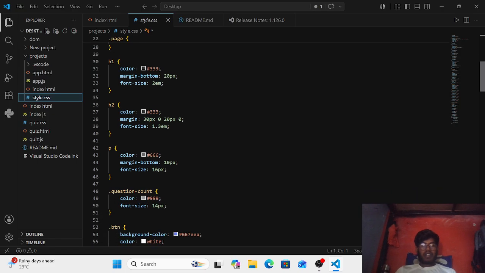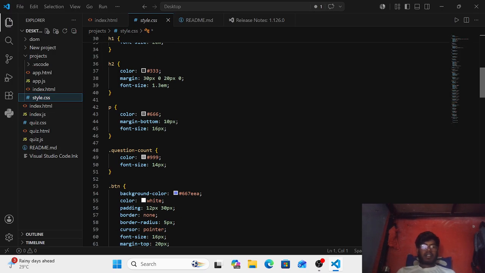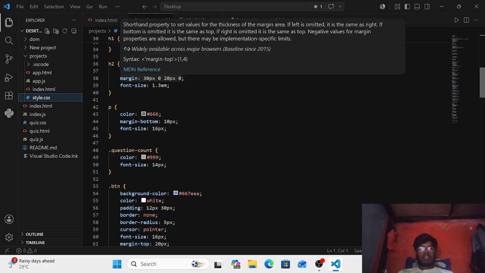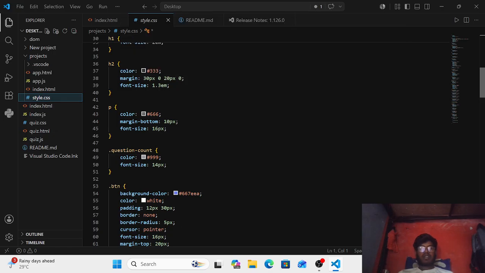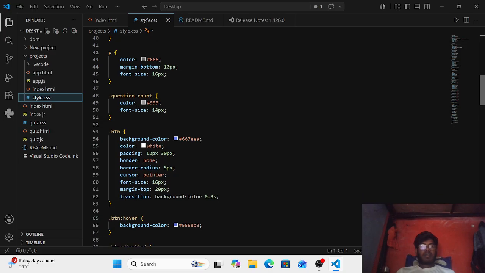And then we select the H2 tag, the color is the same also, and give the margin 30 pixels 0 pixels 20 pixels and 0 pixels, and give the font size 1.3 rem, and then we give the p color, also select the p tag, and then we color this, and